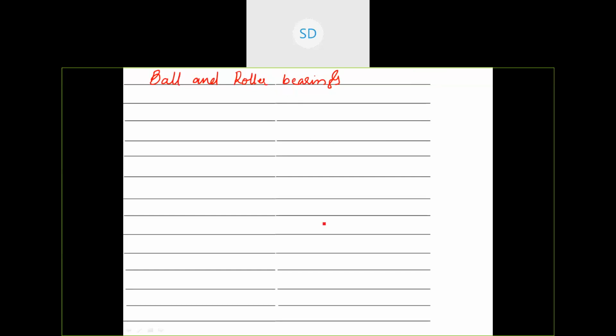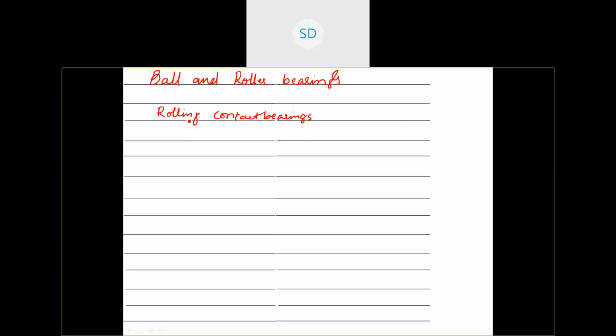Okay, last class you came across the design of journal bearings as well as how to calculate some properties of lubricant. So now today we'll go for ball and roller bearings. Ball and roller bearings are the rolling contact bearings. I will not go into too much detail